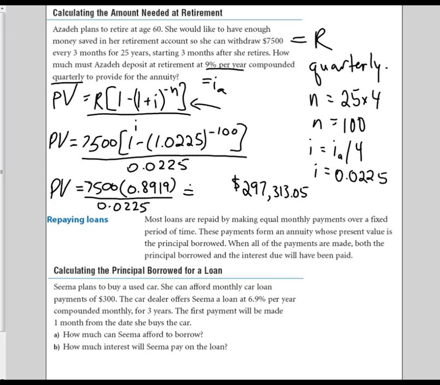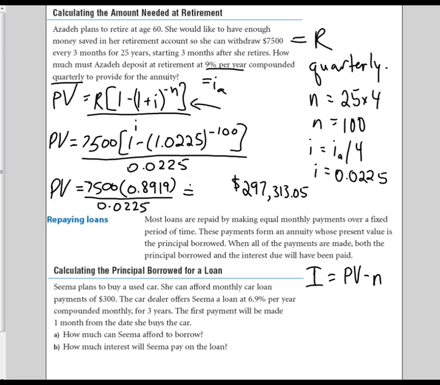Repaying loans is another application for annuities, so we need to know that sometimes it's a withdrawal from your account because you made a loan and it's being paid out. In this case, these payments form an annuity, whose present value is the principal borrowed, or the loan amount. When all the payments are made, both the principal borrowed and the interest due will have been paid. And the main thing to remember in all of this is that your interest, which is either being earned or being charged as a result of the loan, is always the difference between the